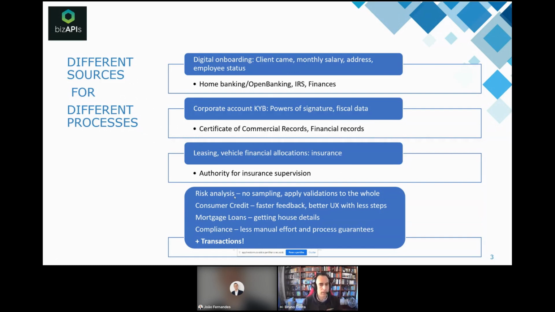I'm just going to do some sampling. I am going to put in place some rules because there's a cost associated with all the risk analysis if it's not fully automated, and so it's not worth it to apply it to every credit, every situation. Well, when you automate getting the information and doing those validations, then you can apply it to the whole volume of credit you are giving, instead of just sampling.